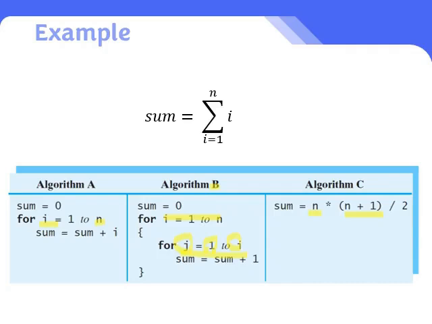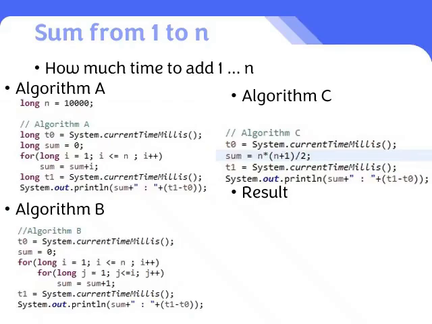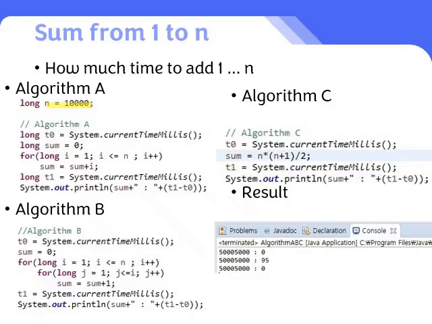Which of these 3 friends do you think would be the fastest? And just how big of a difference would that make? To find out how fast they are, I assumed n is 10,000 and actually measured the time it took using these 3 methods. So, how did the results turn out? Drum roll. Ta-da! Take a look at the results.